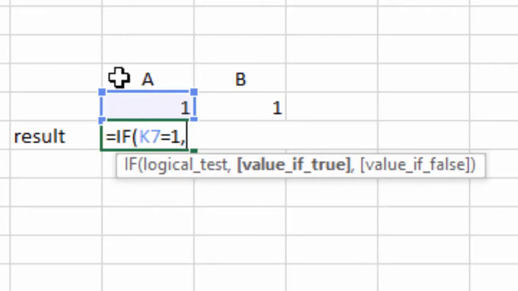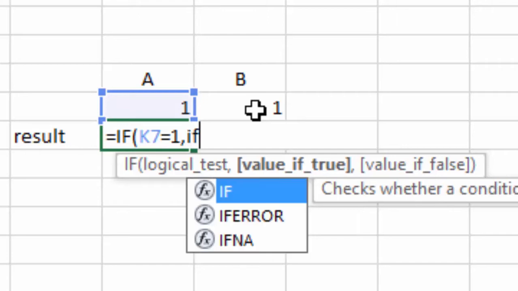If this particular condition is true, I have to enter what should be the next event in this particular field. So if K7 equals 1, then I have to check whether the value of B is also equal to 1. To check that, I am inserting one more if function,